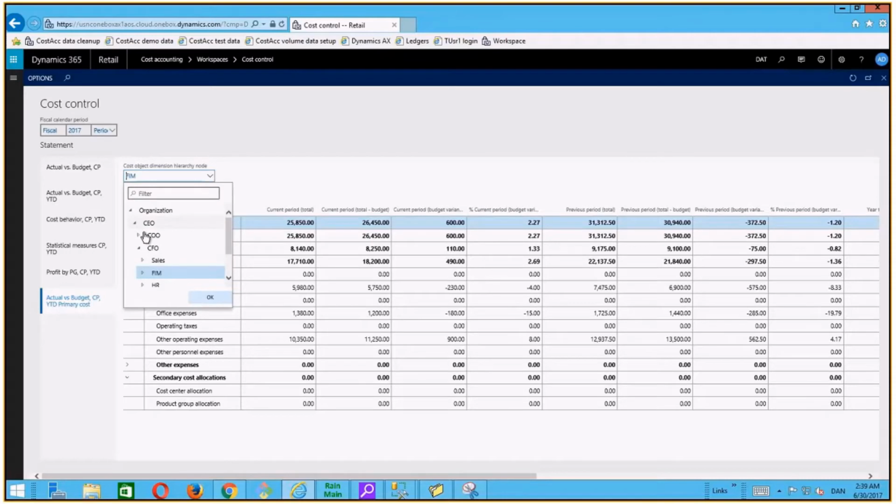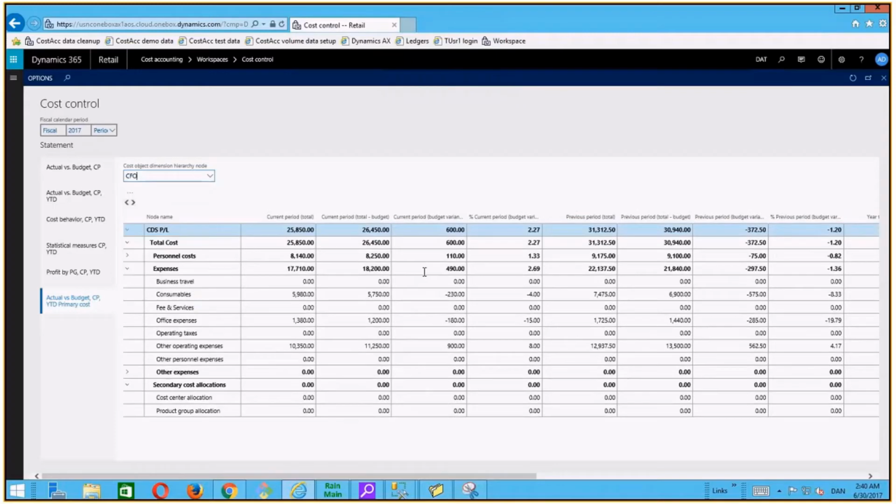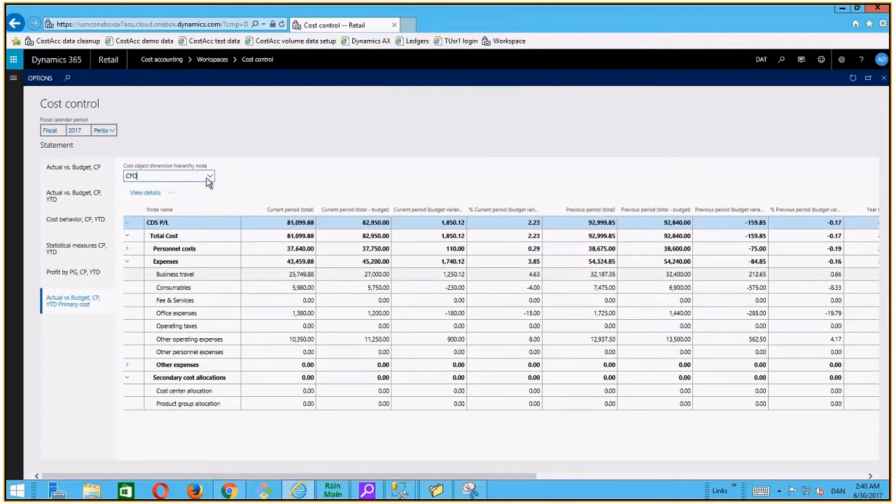If we open up here, I can go to any level of the organization and I can see the data. So I can go to the CFO level and press OK. And I will get the numbers. And that's because I'm admin or a cost accountant for that matter.